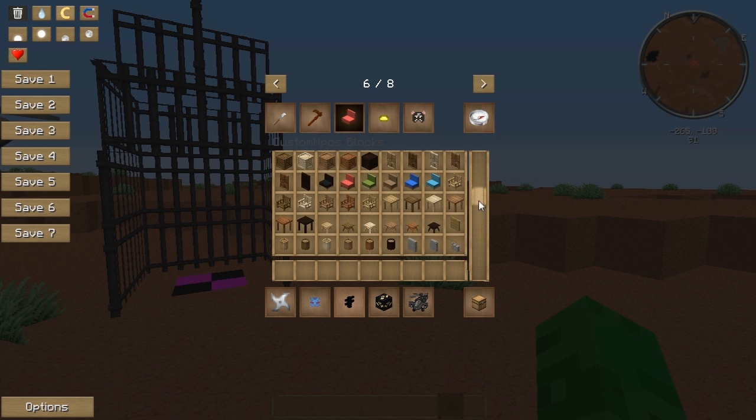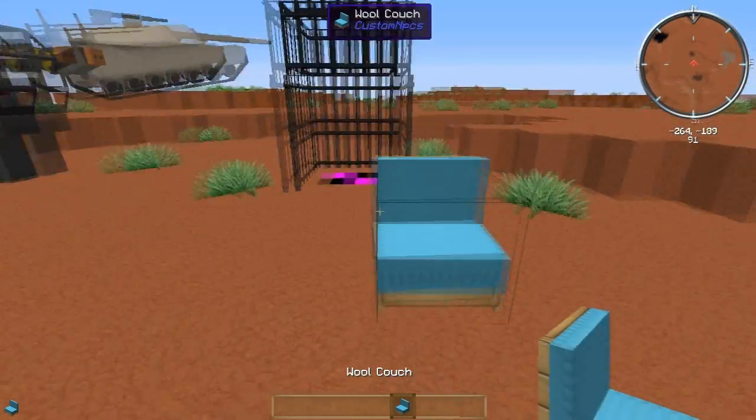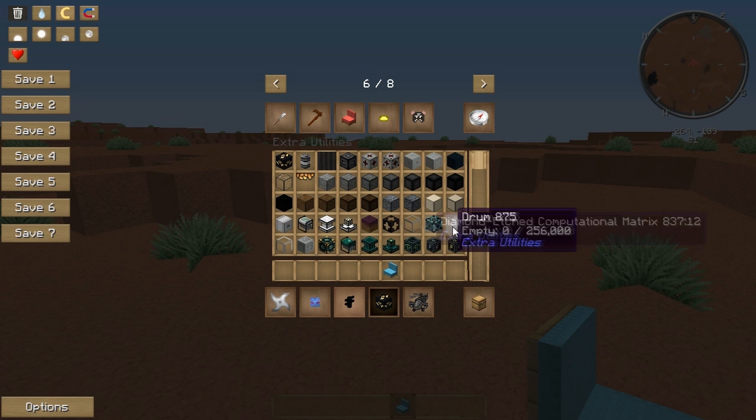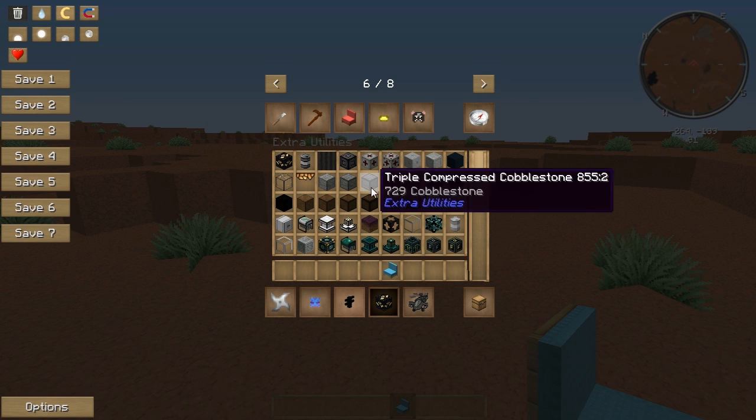Oh look, some more furniture that we can make, which is pretty cool. Let's try out one of these. A woolen couch. Bang! Look at that. That's pretty cool. Then there's Extra Utilities, which is an awesome one. This adds in a load of new power generators, so we can get ender generators, which will generate power from...